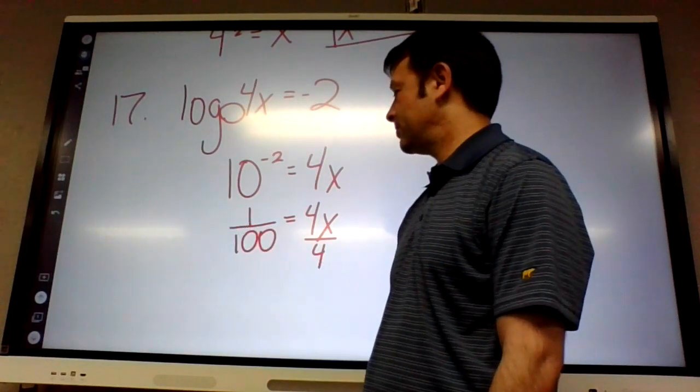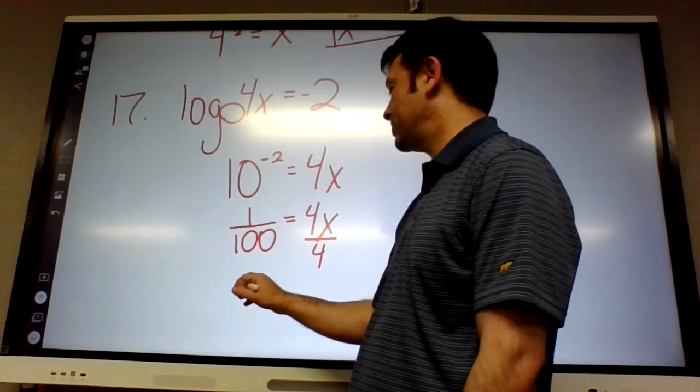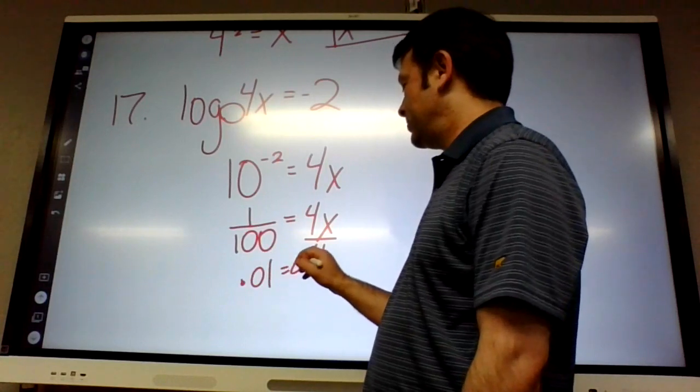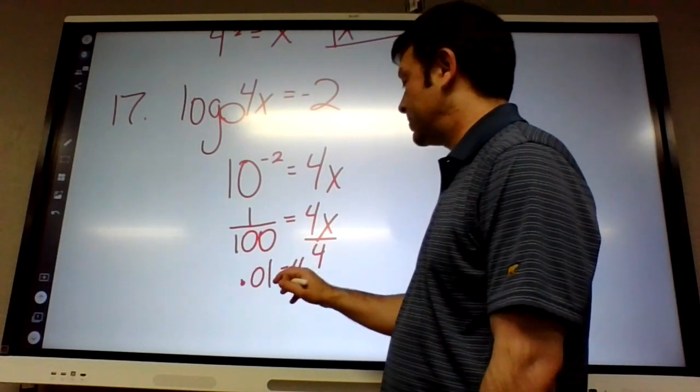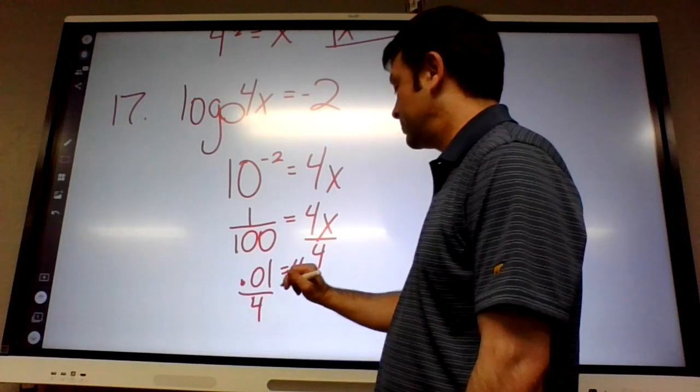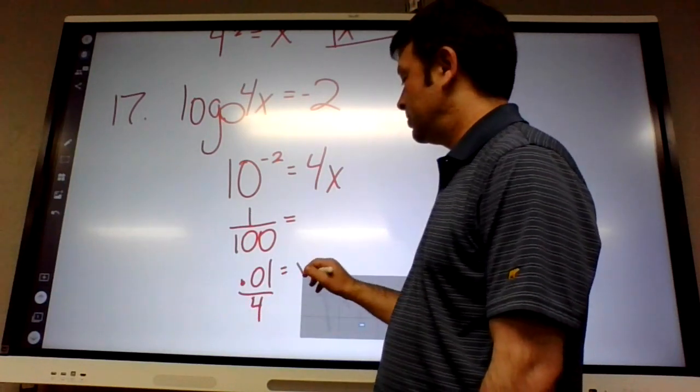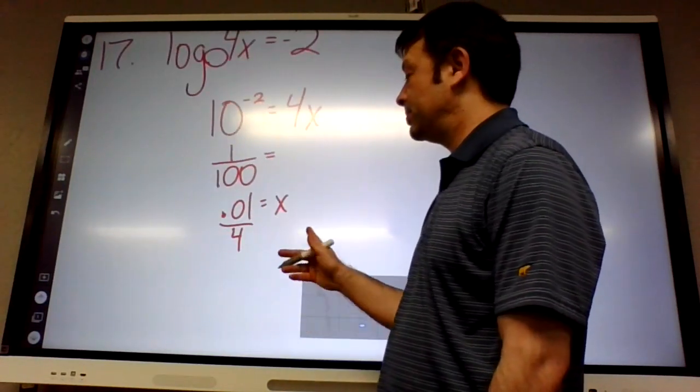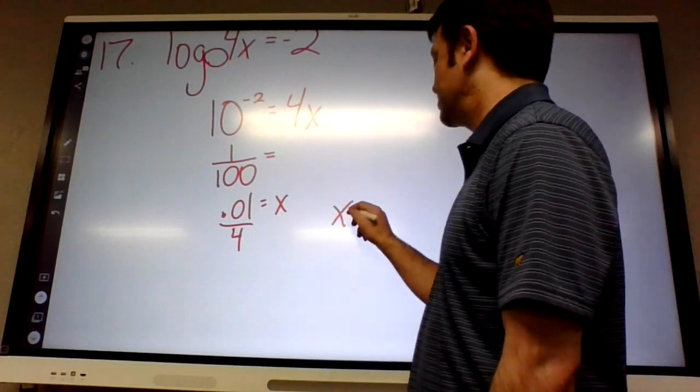I feel like I wrote something down wrong. Oh, they changed it to a decimal, that's what happened. They didn't write any fraction answers today, so they did 0.01 instead of 1 over 100. I did that wrong. 0.01 divided by 4 is